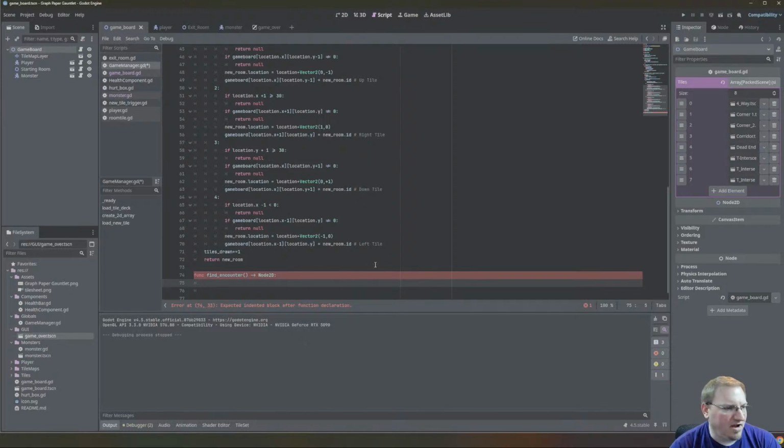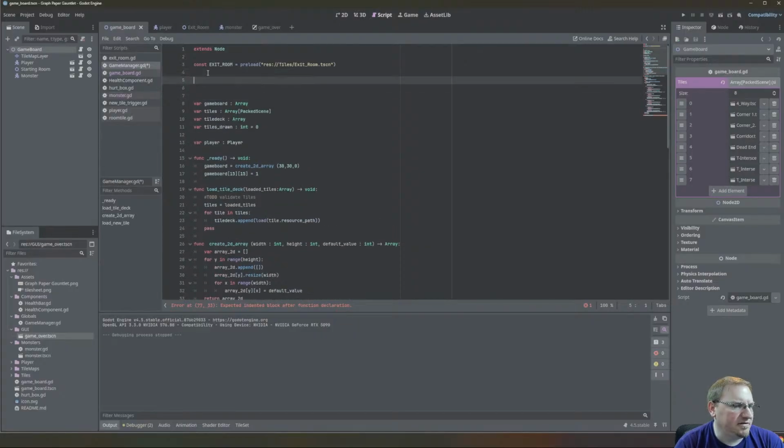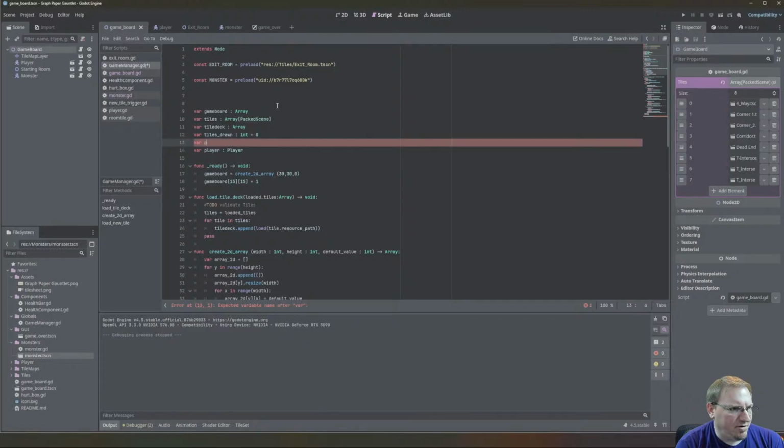So let's just do another array, but this time we're just going to preload these. Right now we're just going to have a monster. Whoops, Control Z. Because I haven't made the treasure yet, so let's do a var possible events. Just call it events. Equals